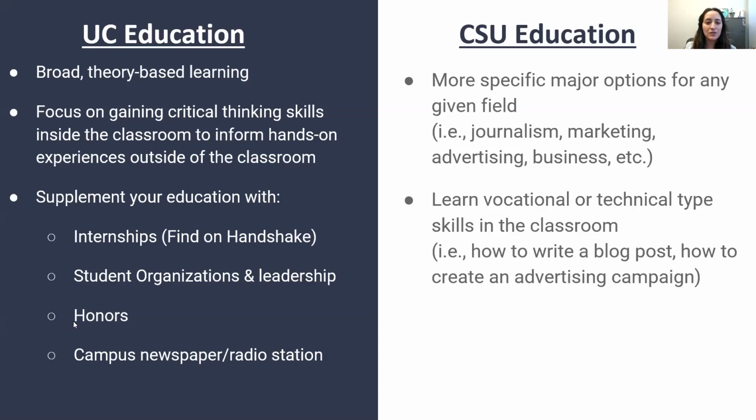And then a state school, CSU, typically focuses more on specific job areas, like learning how to do a job, such as how to be a PR professional or a marketing professional. Those programs expose students to hands-on learning and technical job skills within and embedded into the coursework. So I hope this information gives you a clear insight as to what to expect from your UCSB education.